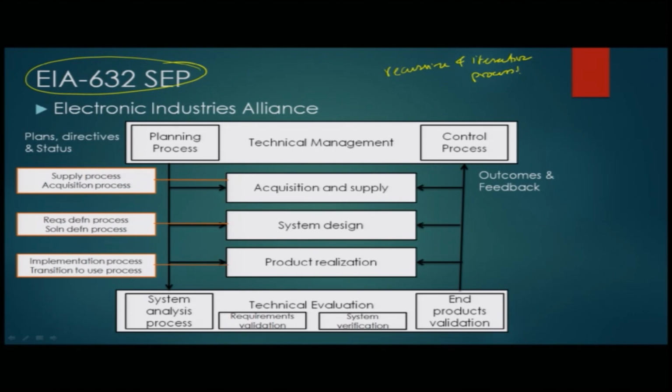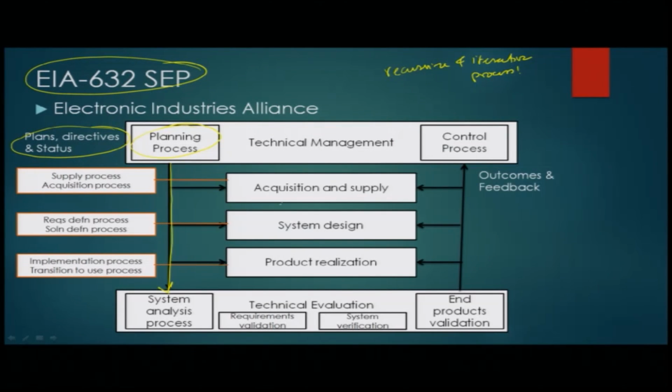It is quite evident here. The initial part is the technical management process, where it starts with the planning, where the plans, directives and status, the need and the technological advancements come into this picture, from where you follow this line down,